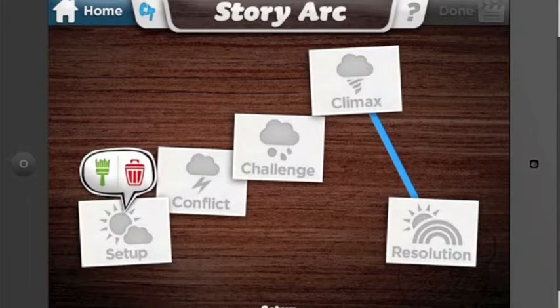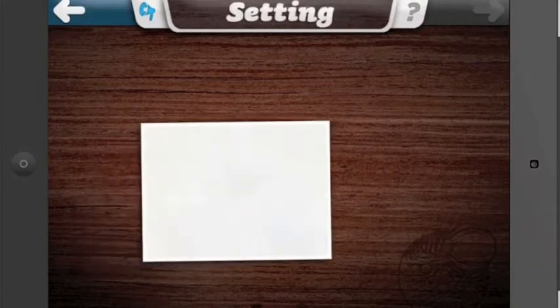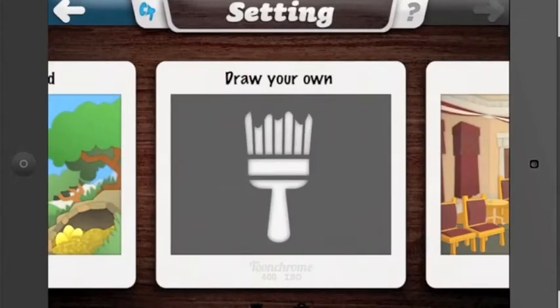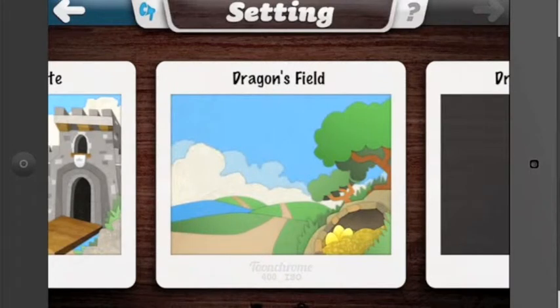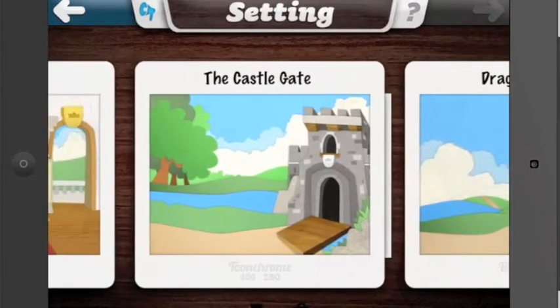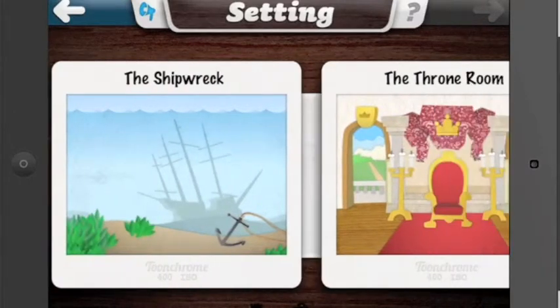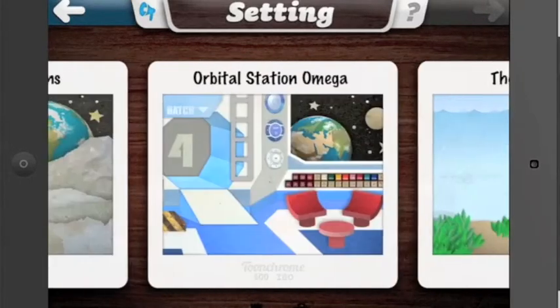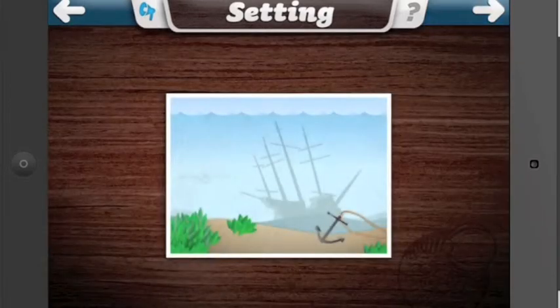So if I click on the setup, double click, I then get to choose, I can draw my own, and I get to choose from some that are already created. Now, I'm going to choose a shipwreck. No, I'm not. Yes, I am. Shipwreck. And so once I choose the shipwreck, I then click on the arrow that's flashing,